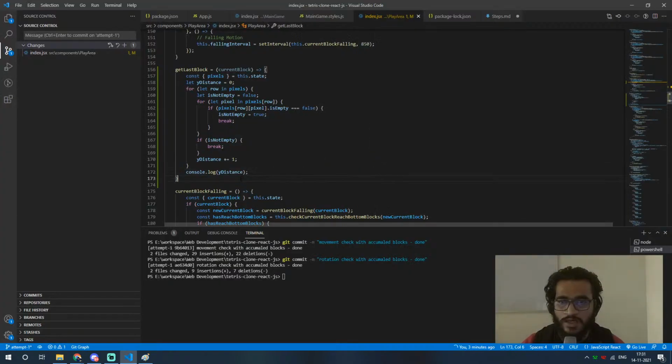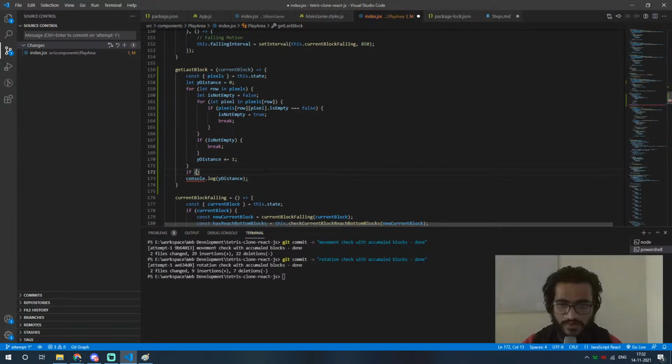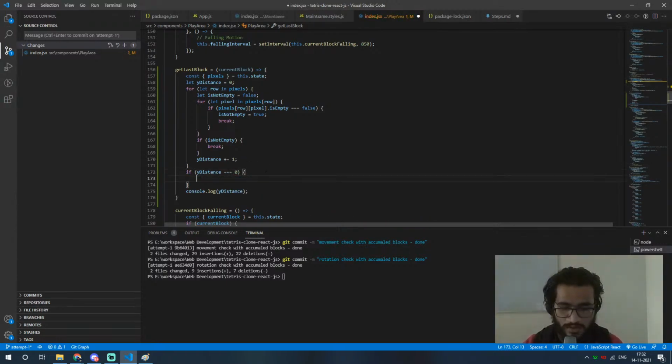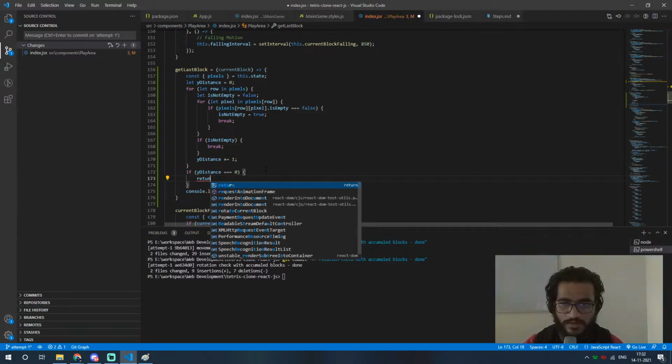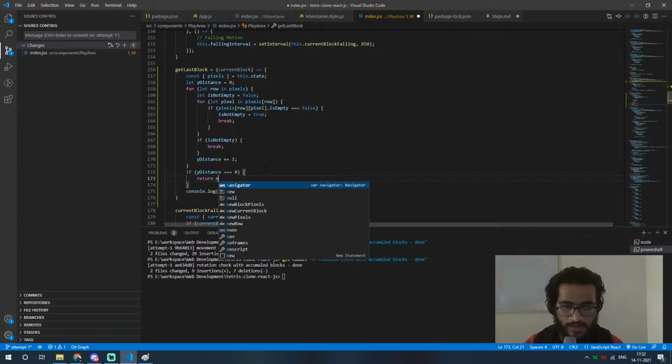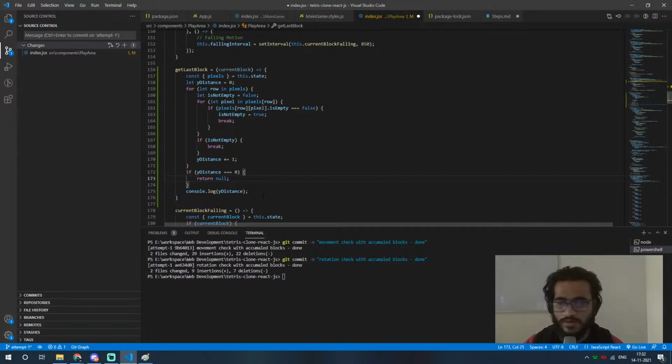So first of all, if y is equal to 0, return null. Okay, and else what it would do is go through the current block pixels,